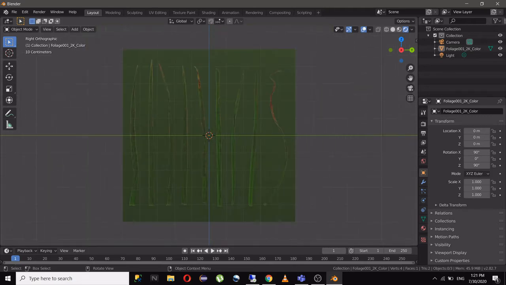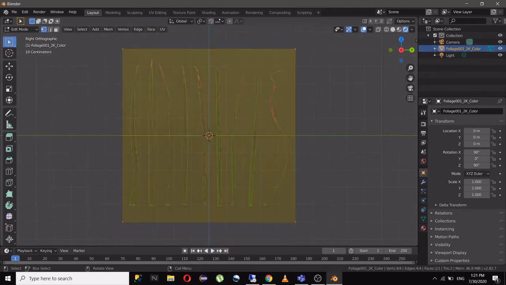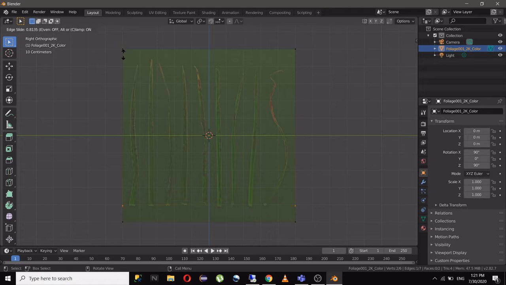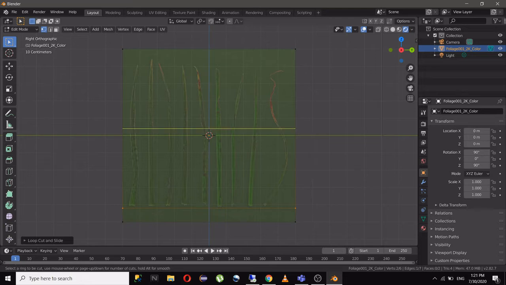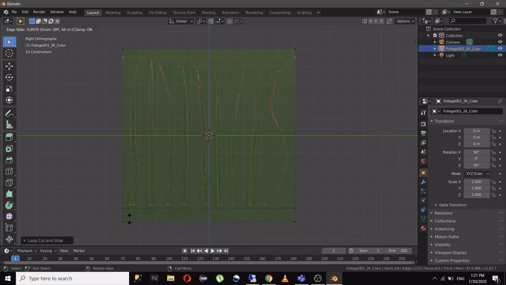So in edit mode I will add an edge loop just over here, and I will add another edge loop at the top so that my grass is covered, and one final edge loop over here.